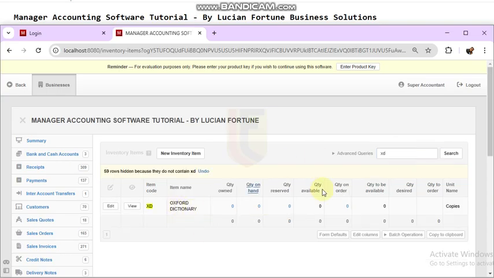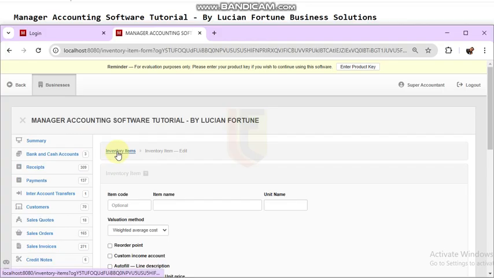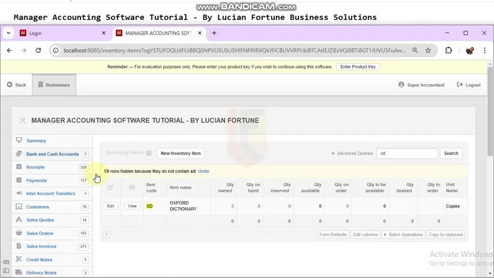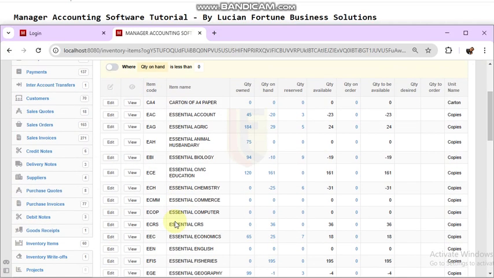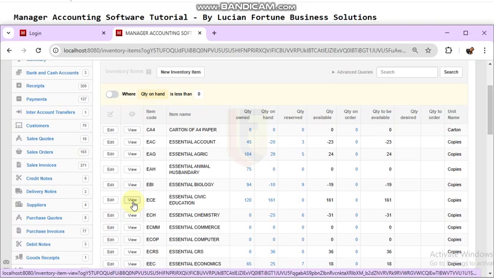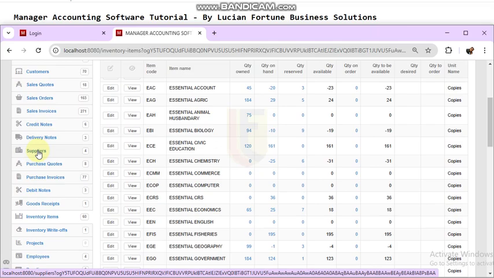You can see no transaction has taken place on this item for now. This is how we use the inventory button to create an inventory item, which will eventually be purchased and sold. So in this tutorial today, we are still talking about the vendor section. We have spoken about the